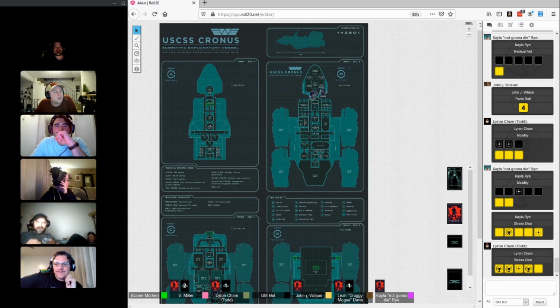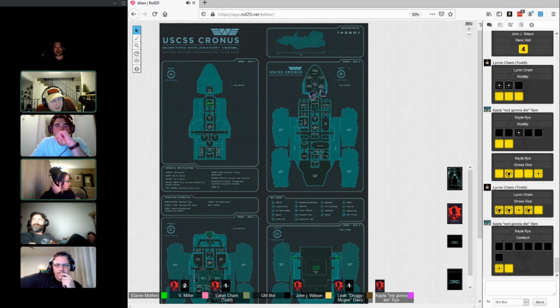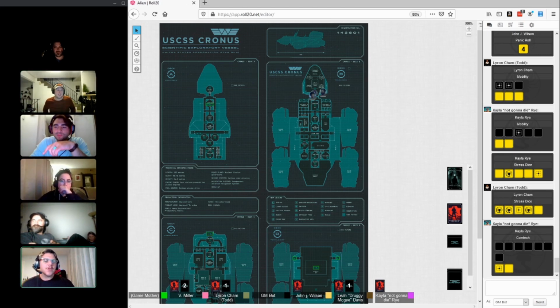Just the roll? Yep. Go ahead and do a comm deck roll. Please be good. Oh, nice. You got in the stress dice. Good job. Okay. So look at all those dice you've rolled. I know, that's amazing. Okay. So we're gonna jump back up to the